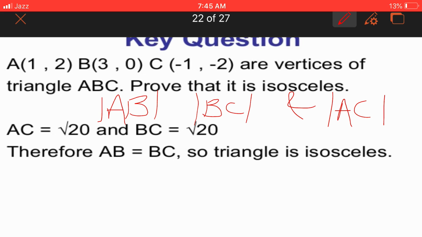If any two values of them are equal, then it will prove that these are the vertices of an isosceles triangle. On the same pattern, you can also find whether the triangle is equilateral or right angled. For the equilateral triangle, we find all three values of AB, BC and AC, that is, the distance of all three sides of the triangle, and if all of them are equal, then the triangle is an equilateral triangle.